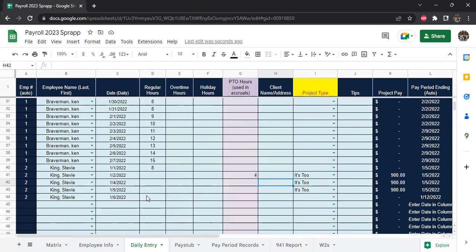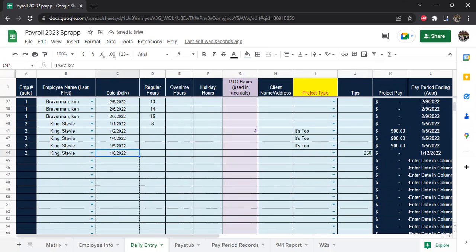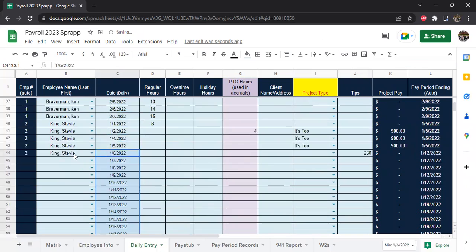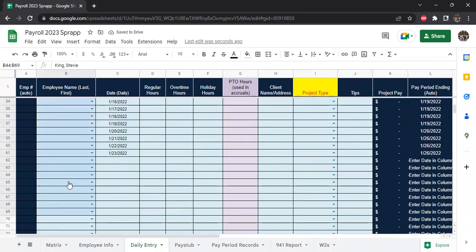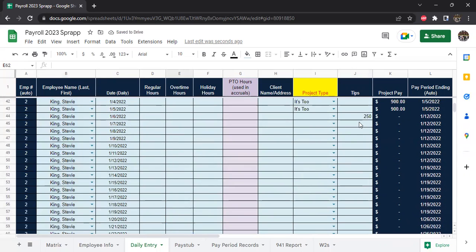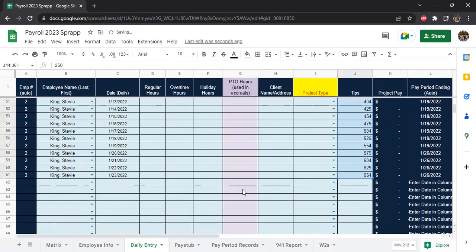It's super awesome. Now let's say Stevie decided to work at a restaurant and he got $150. He would get more than that in tips. He gets $250 in tips in the night. And let's say that he does that for a couple of weeks so that we can have some more records, right? So what we've done is we've brought in some random records, and he's getting a lot of tips because I want to show tip compensation